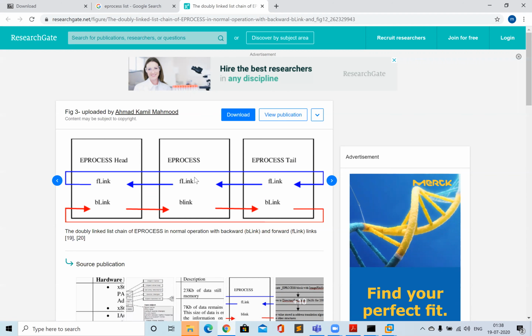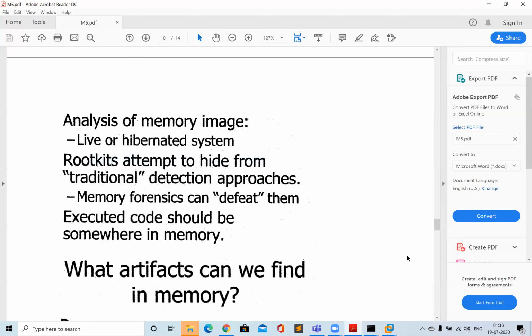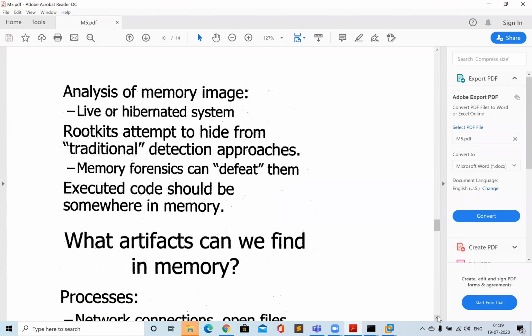So this is what a rootkit actually does, and that linked list is named EPROCESS, where it gets the list of all the processes that are running in the system. So this is what a rootkit can do, and it can fool a lot of software. Now how do you check that? You can only know using the RAM memory. Post that there is no other tool, and RAM memory will give you a clear idea if the system is compromised or not. And the malware can't hide from RAM memory, that's the good part.